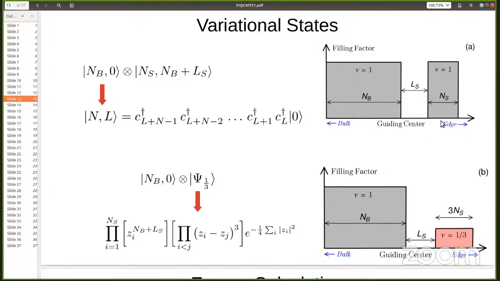However, if the edge is smoother, we found that there is a reconstruction. There is always a side strip of nu equals 1/3. And if this is the ground state, it means that there will be 3 branches of low energy excitation, and one from the bulk counterpropagating pair of